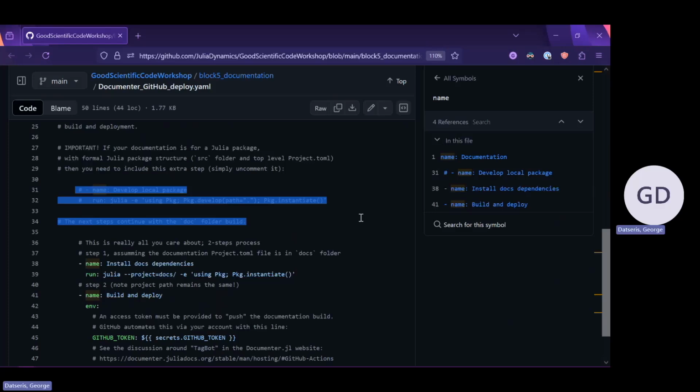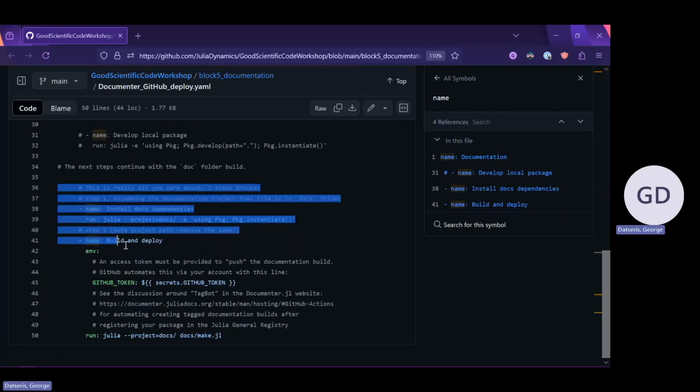There is one step that is commented out. This is the answer to one of the questions you have. You need to uncomment this step if you are documenting an existing Julia package, which is most likely the case. If you're just documenting something that is not a Julia package and you just want to write some docs and use some functions from another package, leave it commented. But this is what makes the local source code of your package installed from the package manager, so Documenter and everything can discover it. So uncomment this if that's the case.